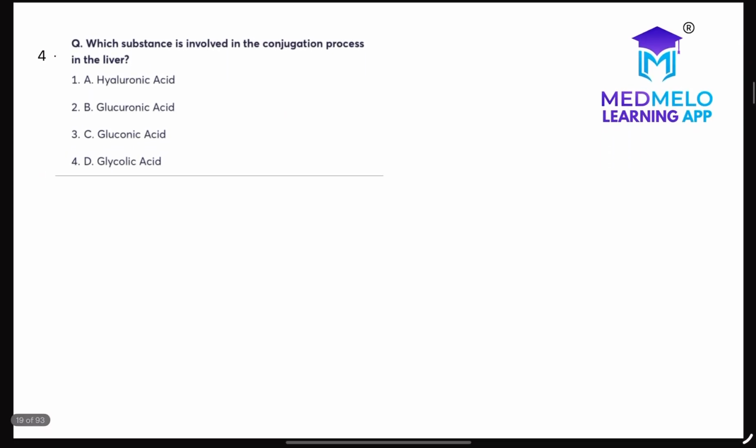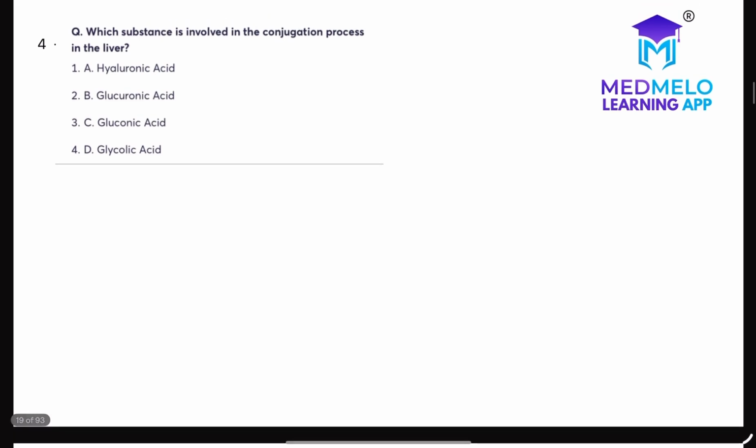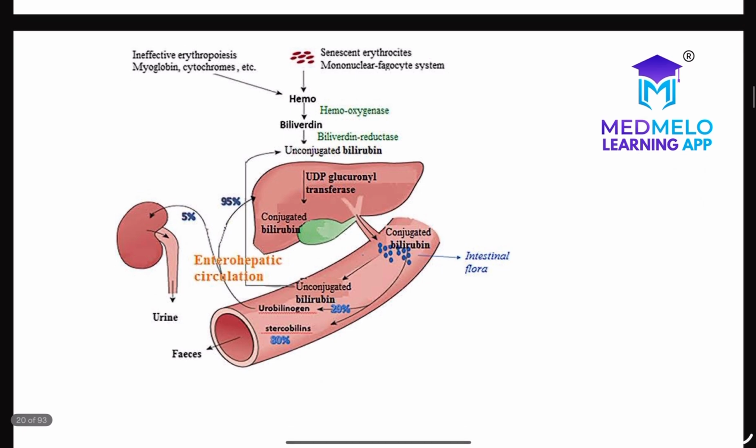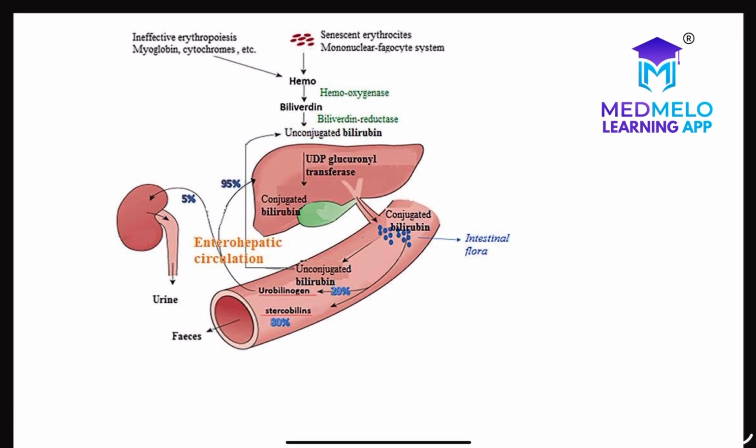Then the next question, which substance is involved in the conjugation process in the liver? So the options are hyaluronic acid, glucuronic acid, gluconic acid, glycolic acid. So we have to know the conjugation happening in the liver. First,